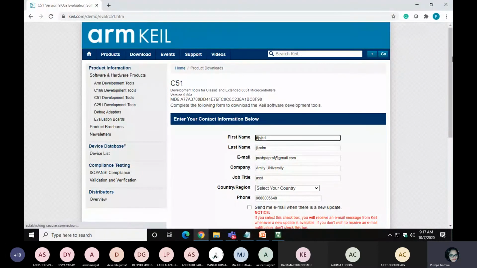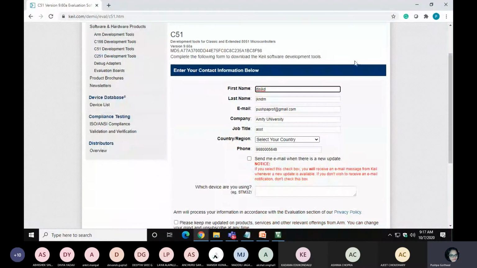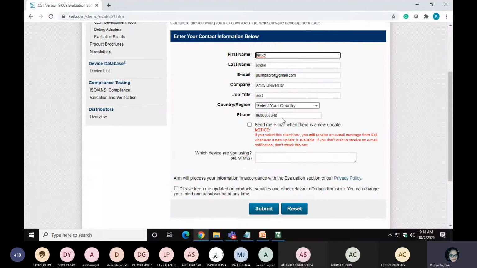When you go to this, this software is actually available for a single user, so I can't give the software to you. To access it, you have to fill in some information, any information. Once you submit it, you get an exe file. Just download that exe file and install it. Once you install it, I can't show it because I already installed my version.